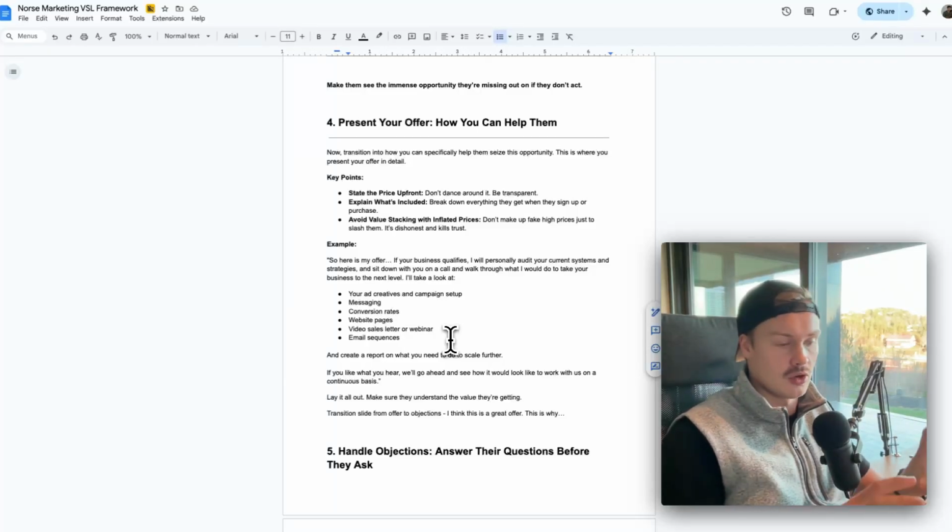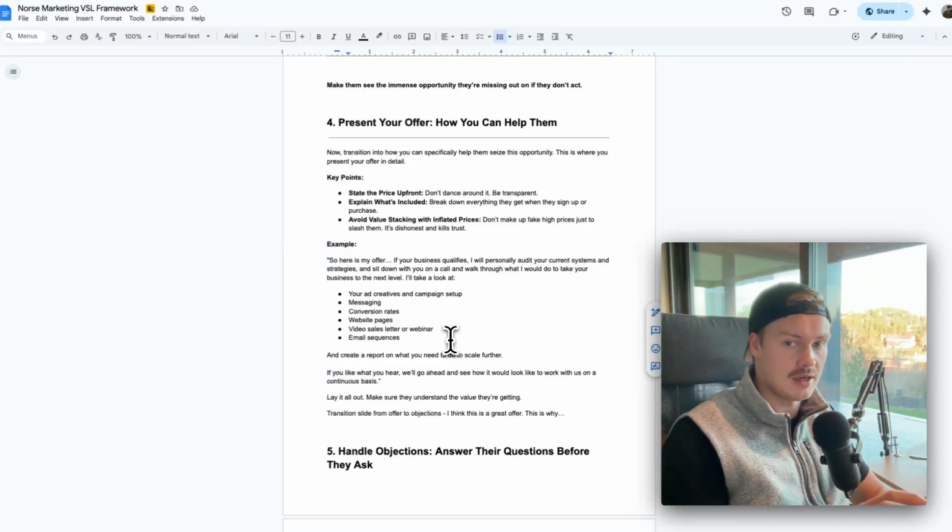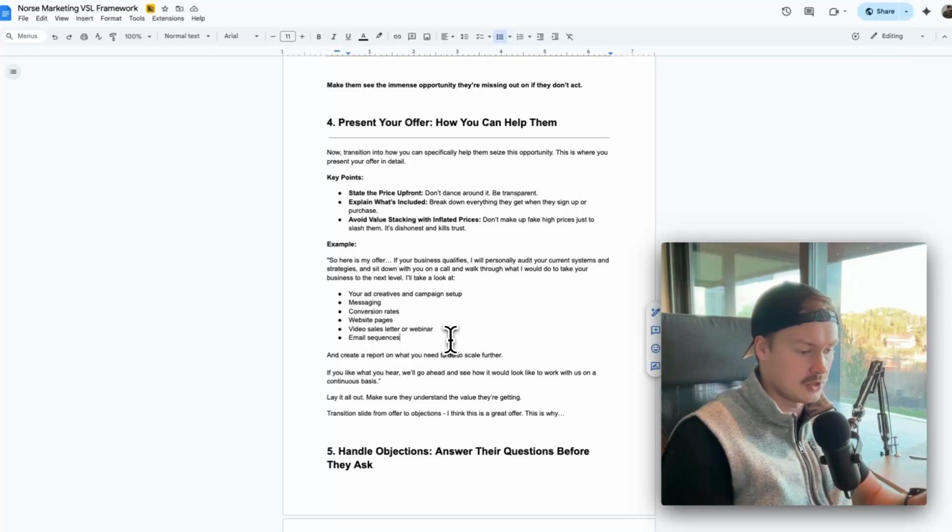on one slide. And you want to also illustrate exactly what they're getting, how it looks like, how does it look like on the inside of the video program? How does the assets look like? How will they help you? Okay, so one slide per offer component and explain exactly what this specific component will solve. Most people just list it out, but list it out and say how it will help them with their goal,